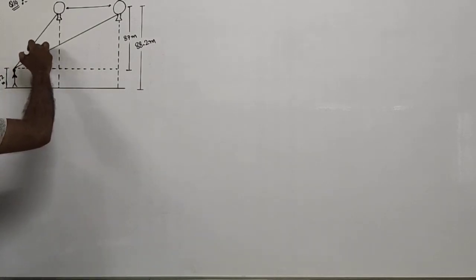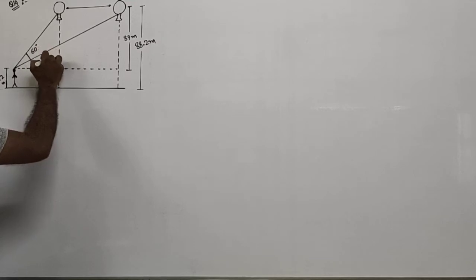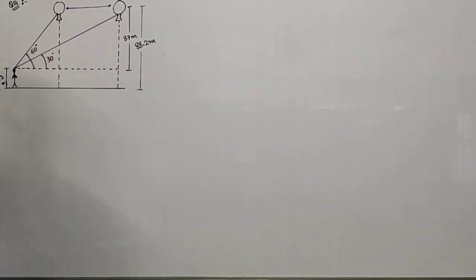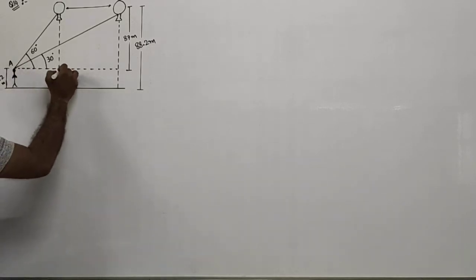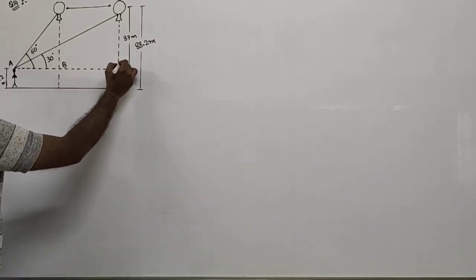So we are given this angle is 60 degree, this angle is 30 degree. Okay, let us see, let us give the names also. A, B, C,